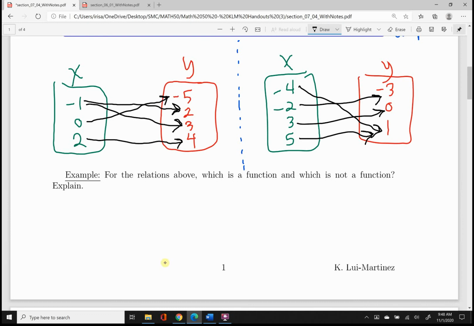Whereas over here, we have person -2 and person 3, they're just going to their own distinct Starbucks, whereas person -4 and person 5, they're meeting up at the same Starbucks. That's fine as far as the function definition is concerned. Two inputs can map to the same output, but we can't have one input trying to map to two separate places in the output area. So for that reason, we'll say relation 1 is not a function